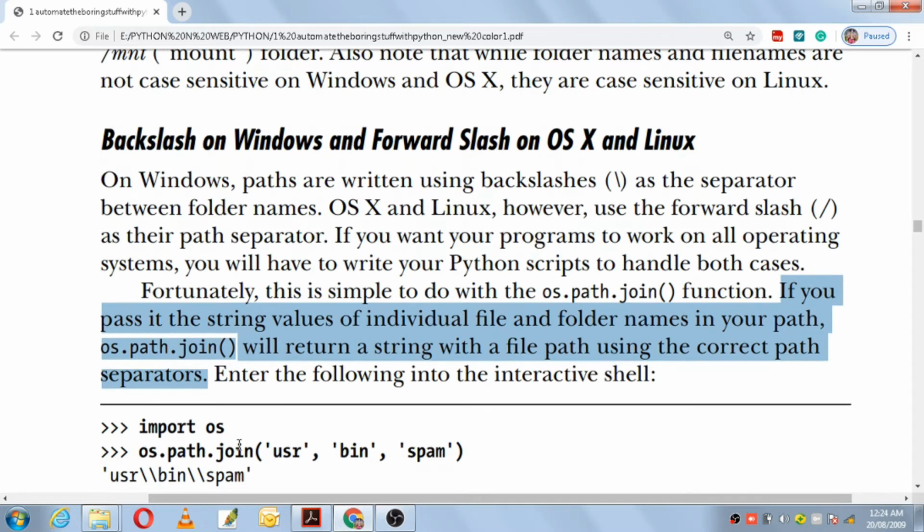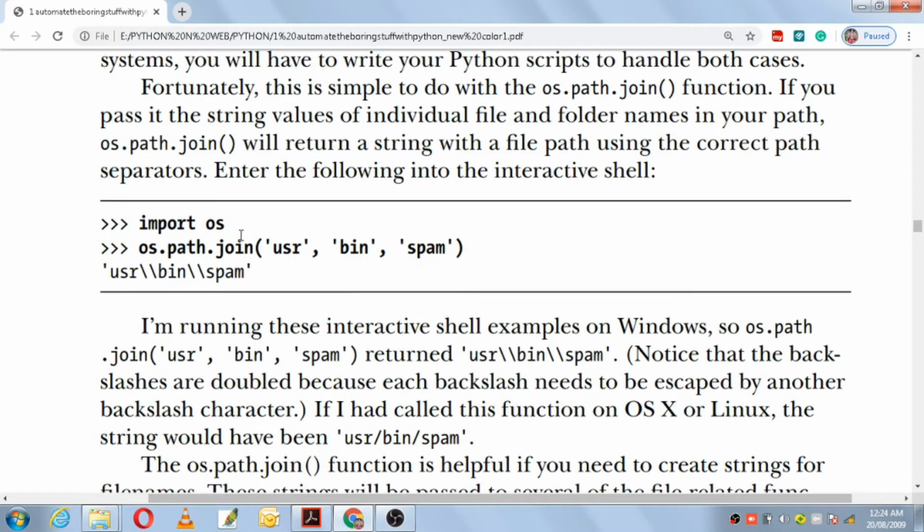For example, you enter this in your Mu software or the Thonny software. If you want to make use of this function, os.path.join, you have to import the os module, and to this function you have to pass string values.